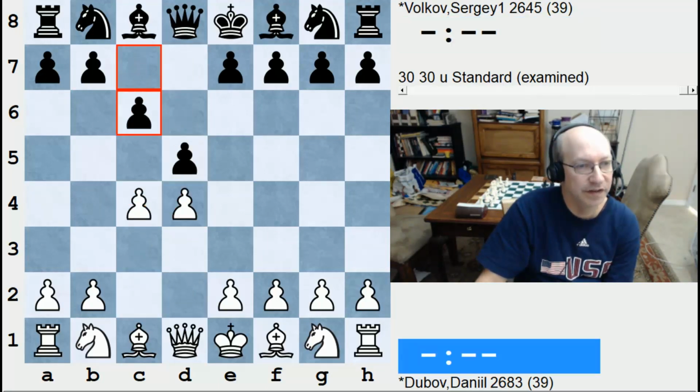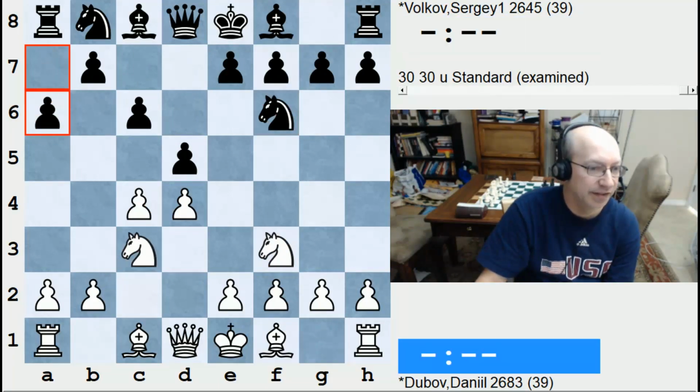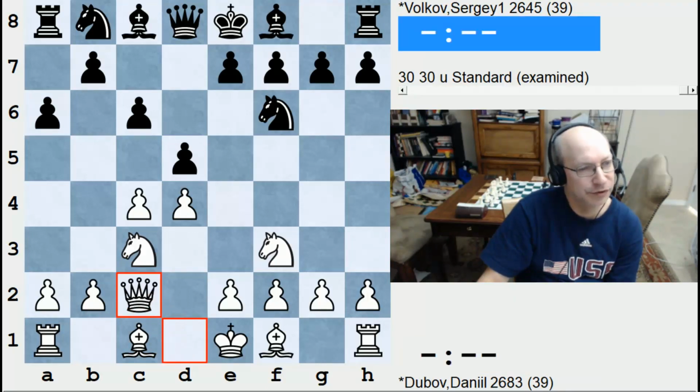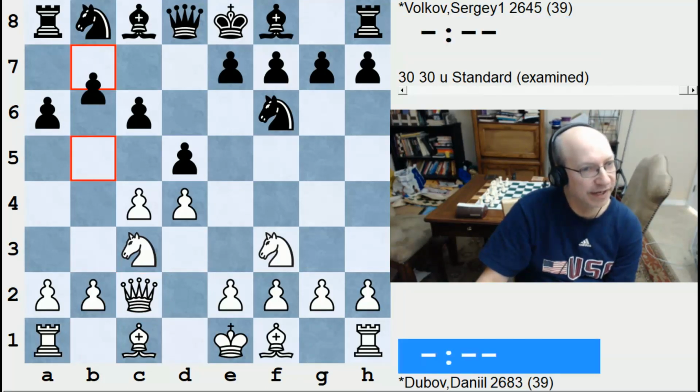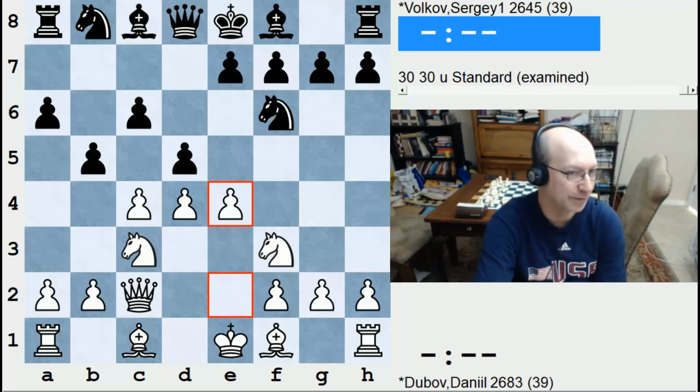So we have a Slav, A6. This is a line that has been popular for periods over several years. I've kind of come to the conclusion it's probably not as good as some of the other lines in the Slav, but Queen C2, okay. Daniil Dubov has a very interesting idea, E4, and I have to admit I was not really familiar with this, but it has been played about 10 times, and in fact Volkov has been on the black side a few times,